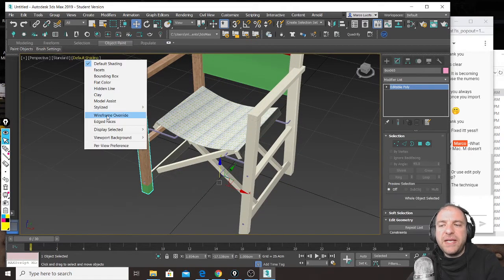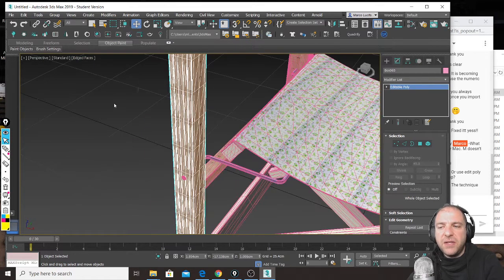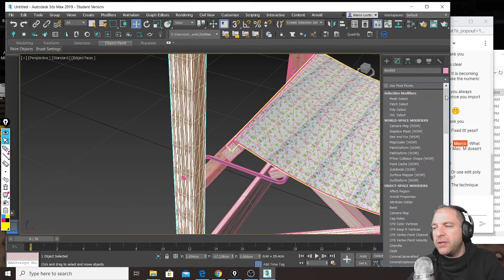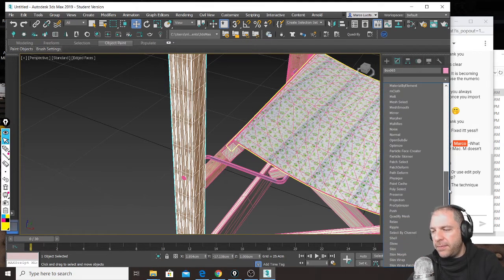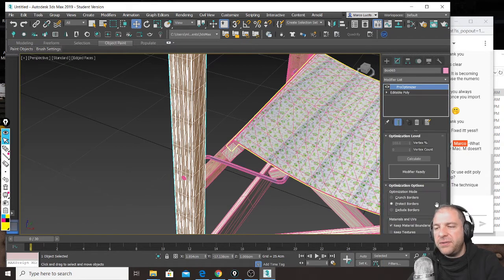But if I press edged faces, look, can you see how many useless edges it has? So look, I apply Pro Optimizer, I click Calculate. You can see that this is a box basically, and it has instead,